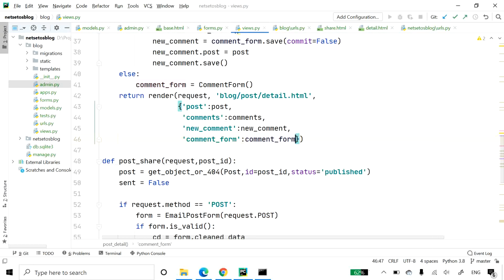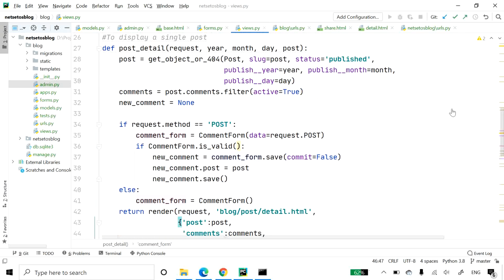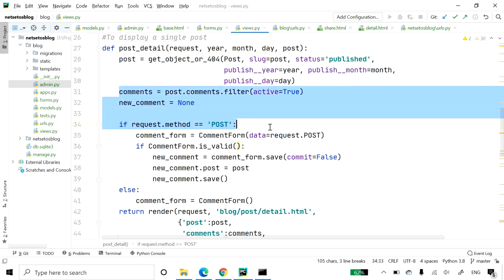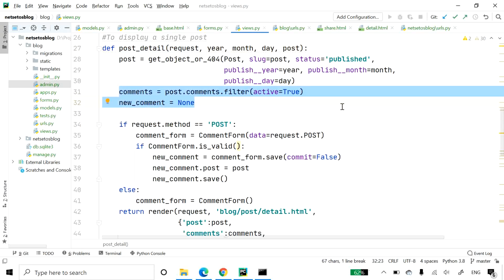Now let's review what we have added to our view. We have used the post_detail view to display the post and its comments. Here we have added a queryset to retrieve all active comments for this post. We have built this queryset starting from this post object.